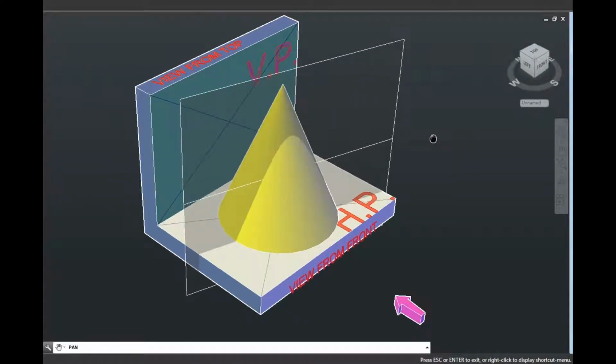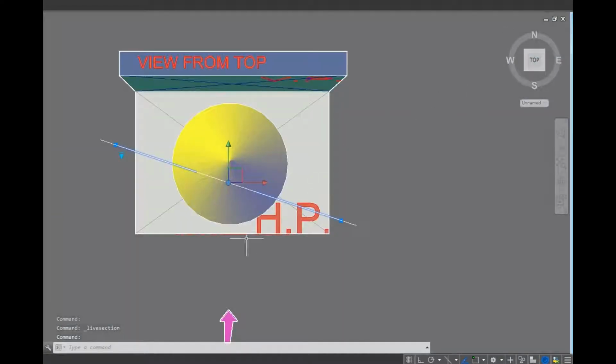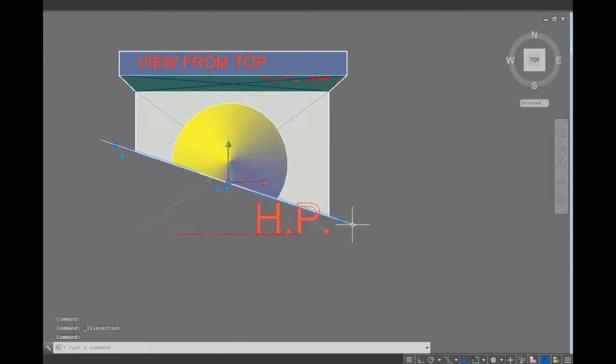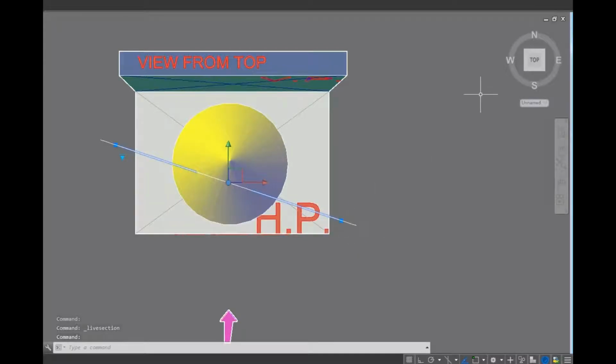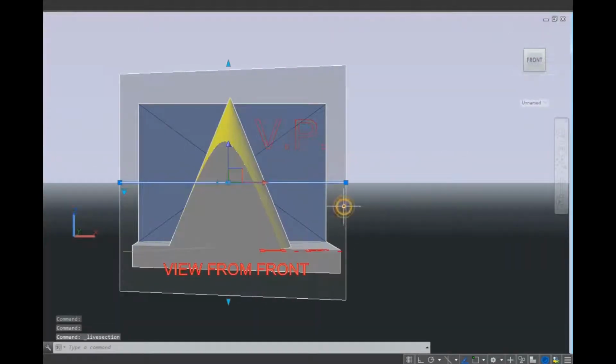Now you see that there is a section plane which is perpendicular to HP and inclined to VP. As you can see, the cutting plane is somewhat tilted, and you can see when I am cutting this, you can see some slant portion, and it is very clear from the top view that this is going to be at some angle with respect to VP. I have not measured the angle correctly, that means exactly. We will take the exact angle while drawing in the sheet.